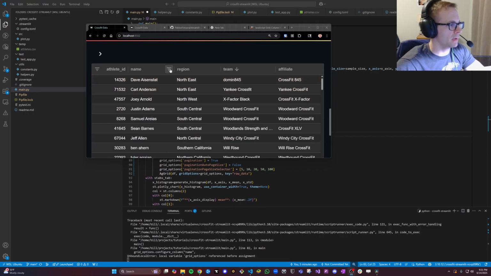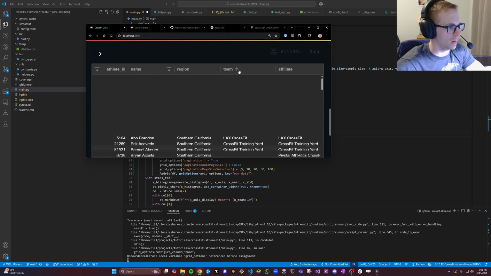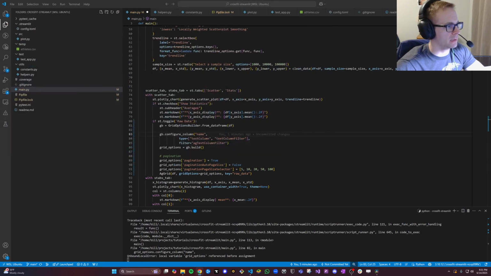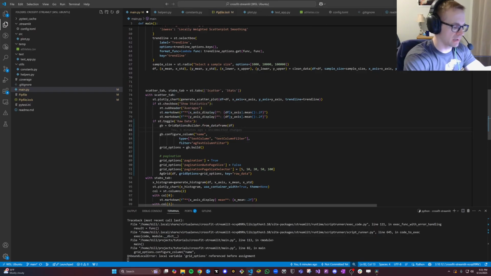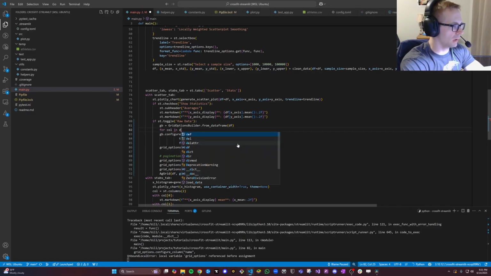Okay, so now we have filtering on the name, which is great, but what about all of these other string columns here? Well, what we can do for that is we can loop through everything in the data frame, detect everything that's an object, and then we can use that to create that column. So we'll put a for loop for this. We'll just say, so for col in